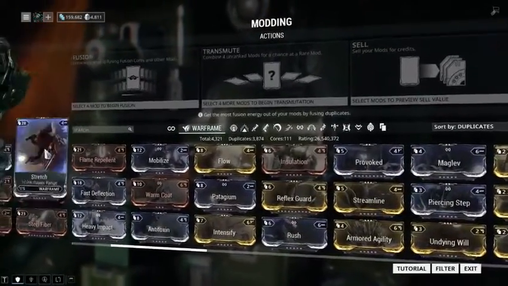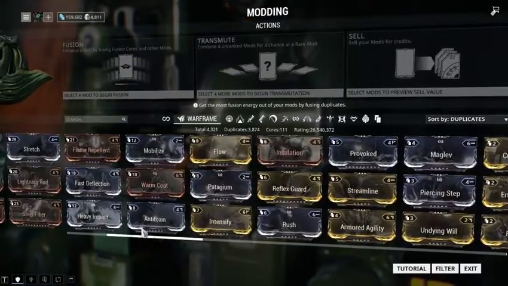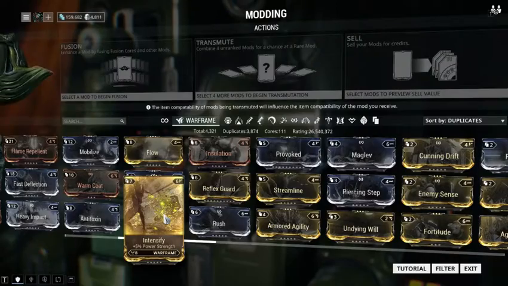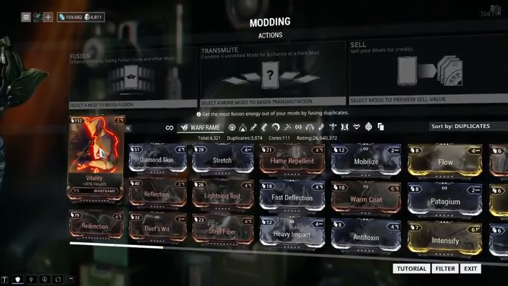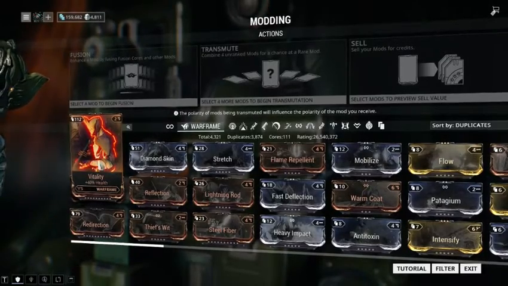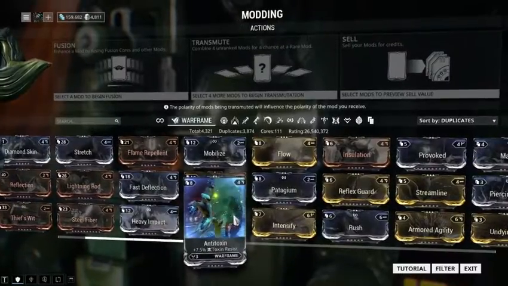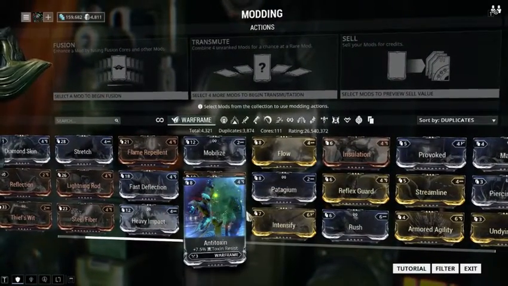But overall, your basic frame mods are stuff that you'll want to pay attention to. Stuff that increases, say, power strength, increases your Warframe's abilities. If it's something that says plus 40 health, like Vitality, it affects your Warframe's health. Everything in here affects your Warframe directly. So pay attention to what you're putting in, and not every mod you throw in is going to be useful